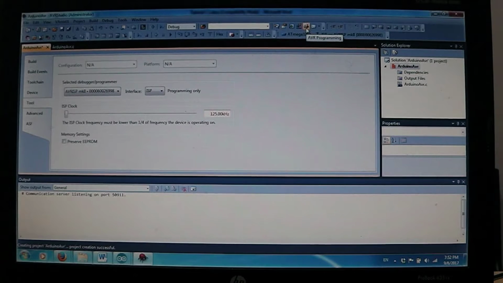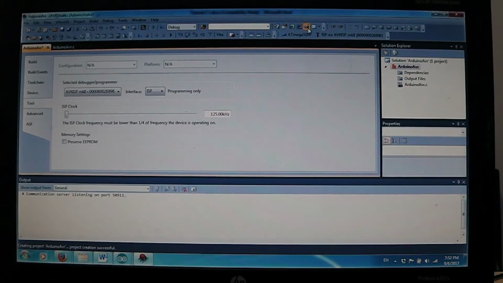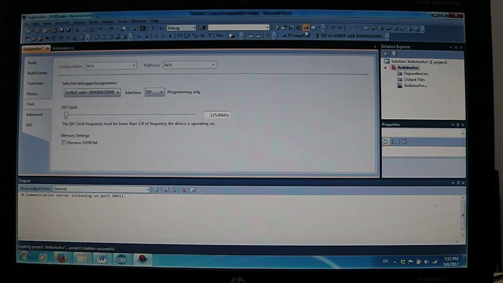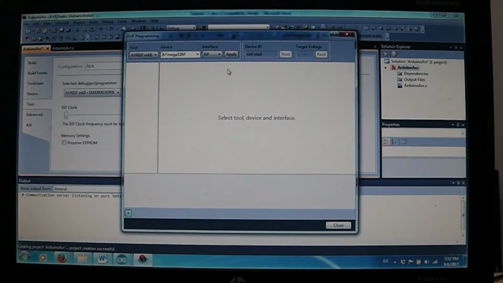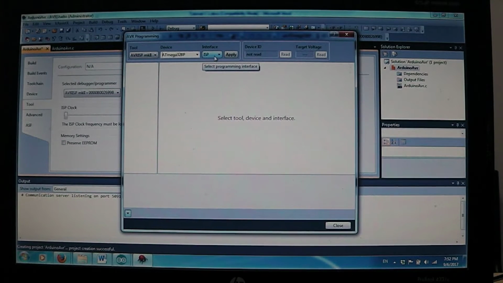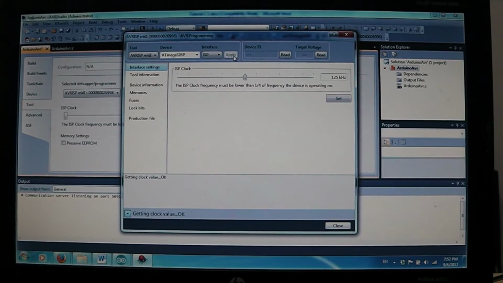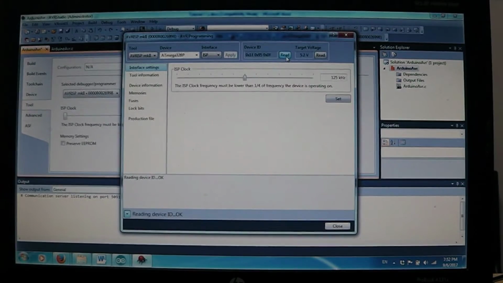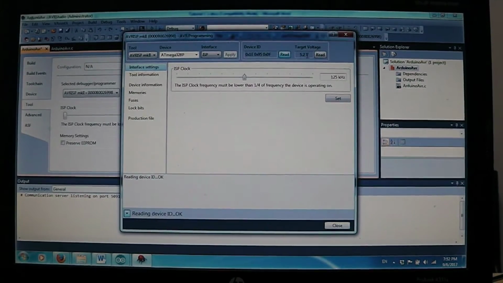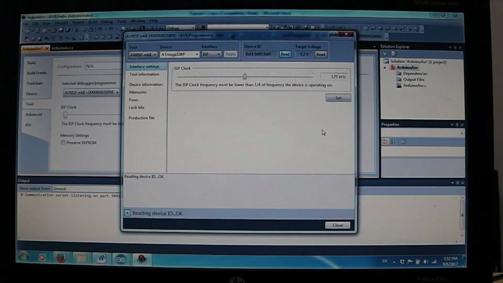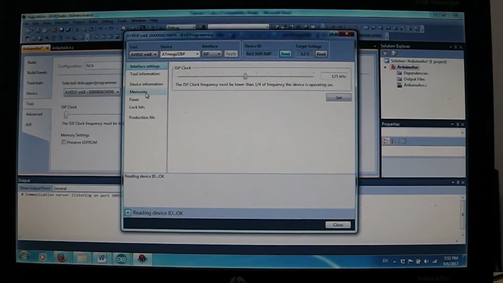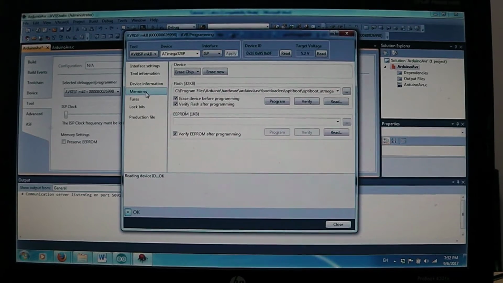Now we go here to AVR programming. As you can see, the tool is correct, the device is correct, and the interface is ISP. We click apply. Okay, and then we click read. As you see, it can read and the voltage is correct. So we can go now to memories to do the programming, but of course before that we need to write